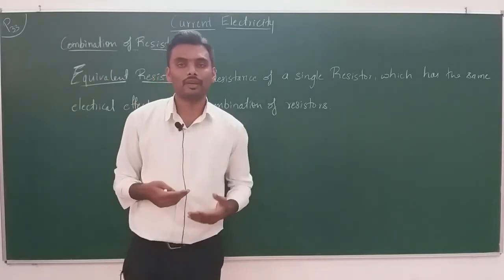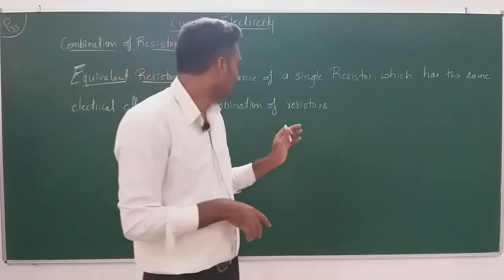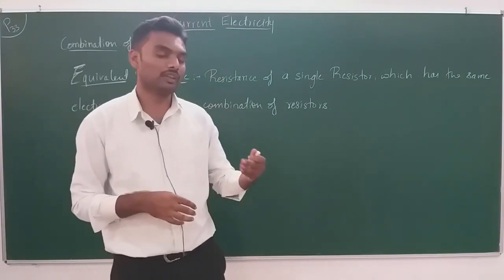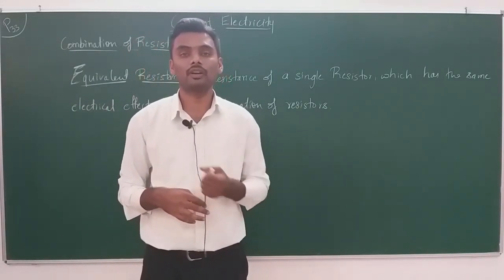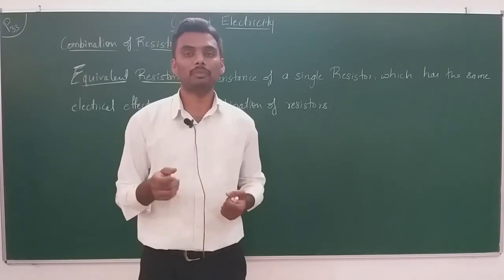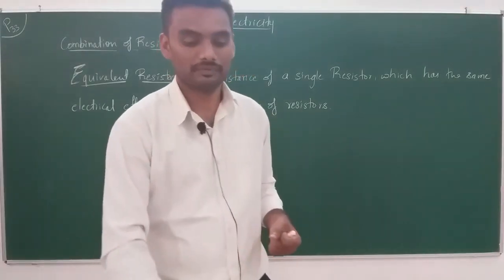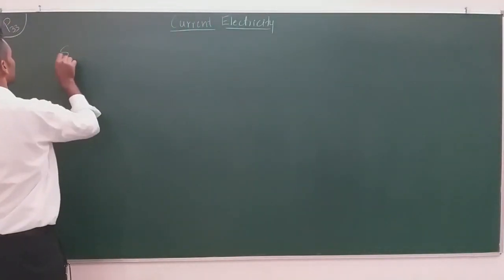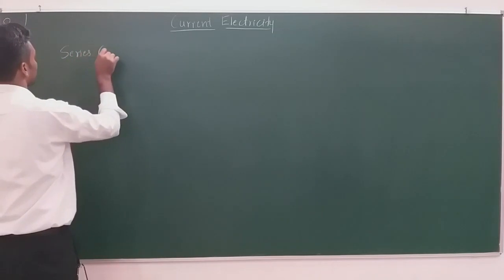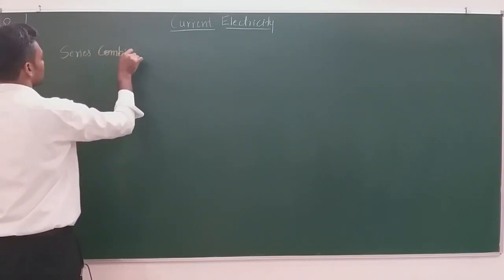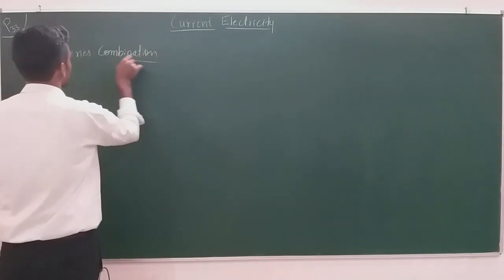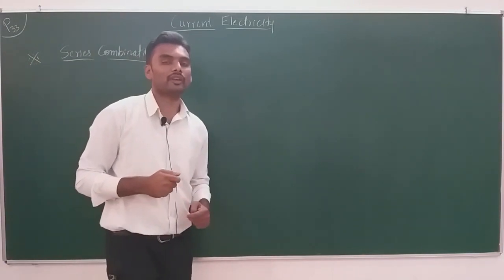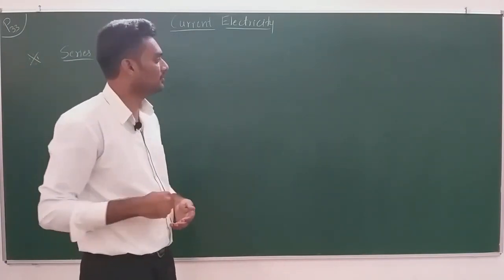Okay. So, this is same as the capacitor one, and we will now see what is the equivalent resistance for series combination of resistors and parallel combination of resistors. First, let us see the series combination of resistors. This is an important question which is normally asked for 3 marks in your board examination, an important derivation.